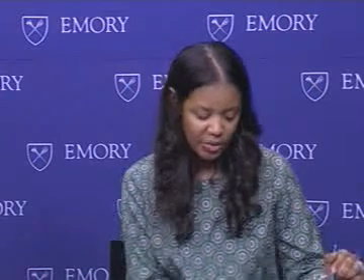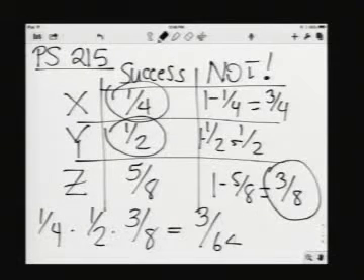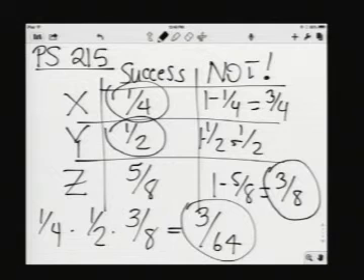Now the question wants us to have success for Xavier, success for Yvonne, but not success for Zelda. So when we figure out our response to this, we need to make sure we're using the correct probabilities. In this case, the 1/4 for Xavier, the 1/2 for Yvonne, and the 3/8 for Zelda, not the 5/8 for Zelda. When we want all 3 things to happen, we want Xavier, yes. We want Yvonne, yes. We want Zelda, no. We want all 3 things. We multiply those fractions. 1/4 by 1/2 by 3/8 gives us 3/64, which is our correct answer response, E in